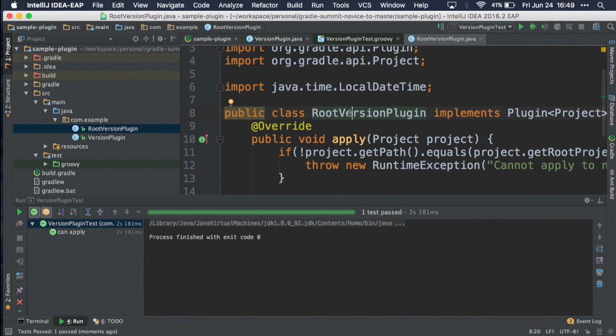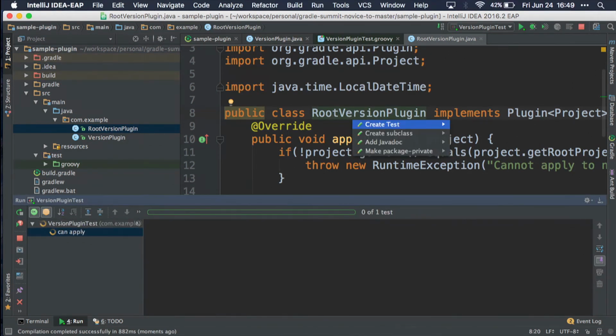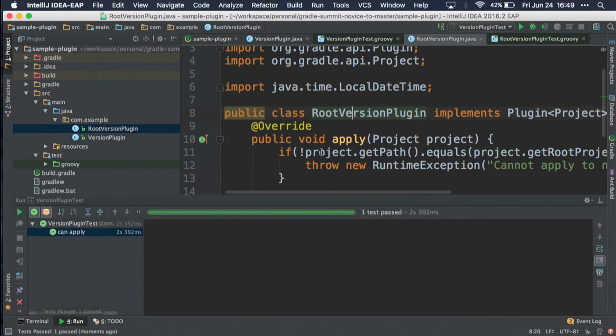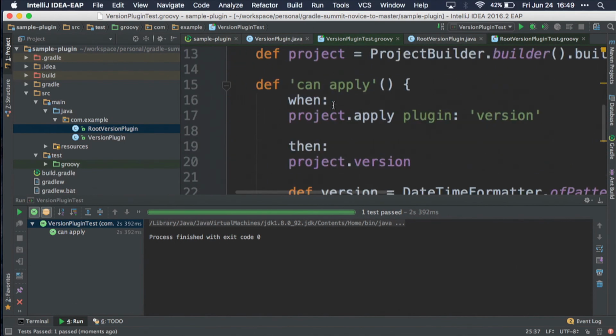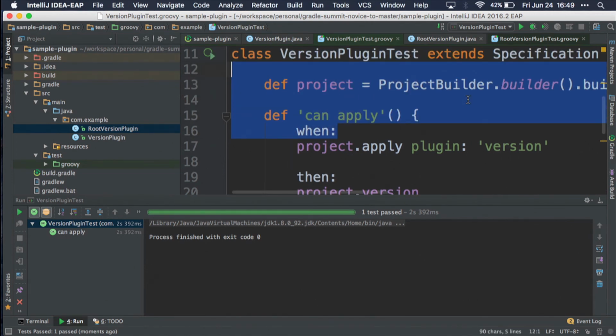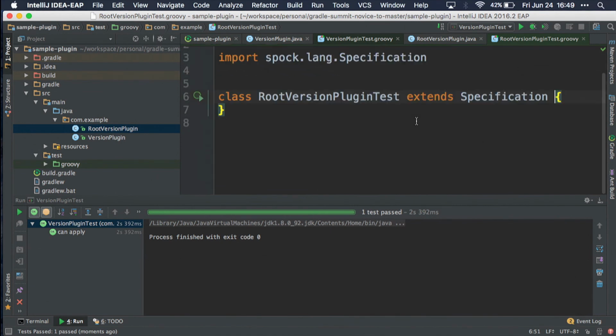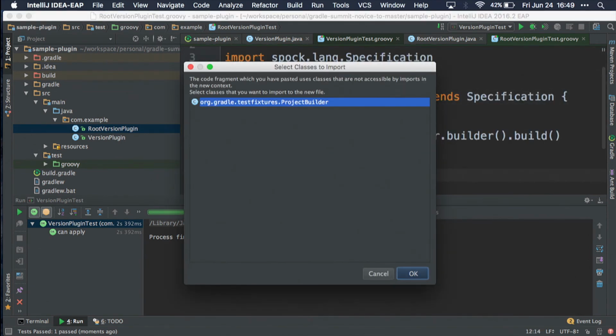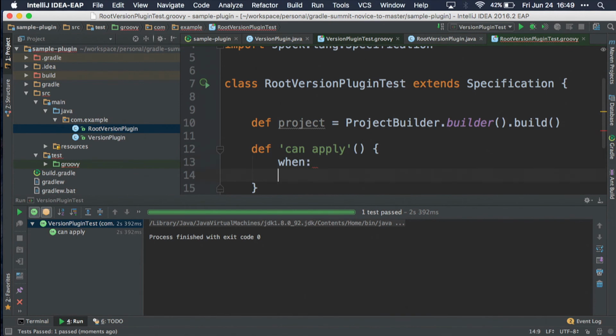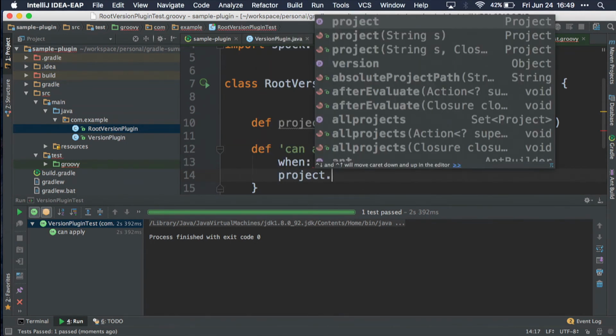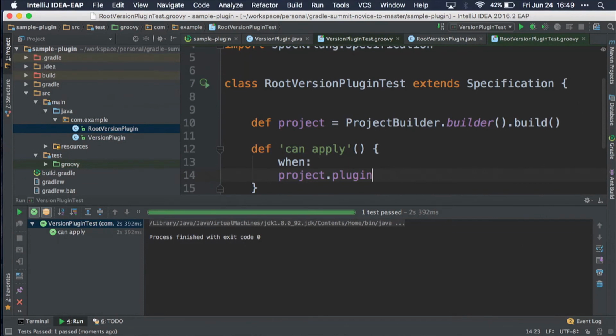So my test is here. I could write another quick one for root that I'm going to steal from this guy. Let's do it the way you would in a script. Project.plugins.apply, and then what is it?